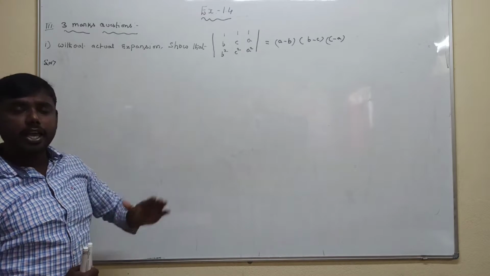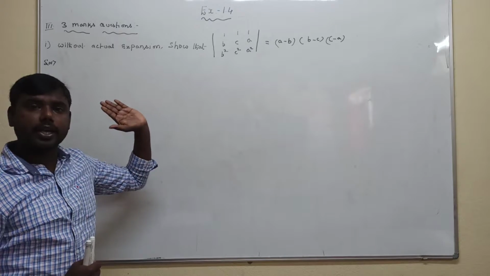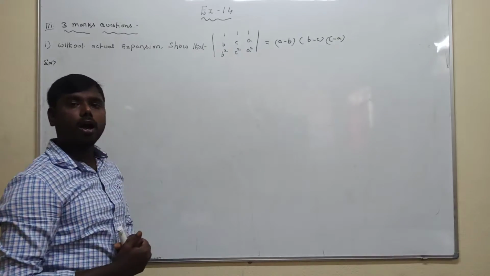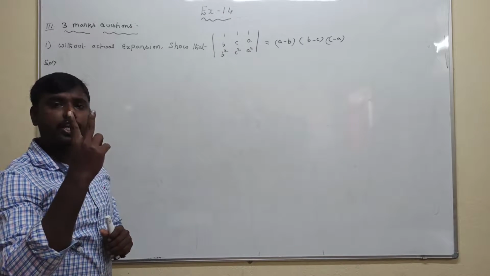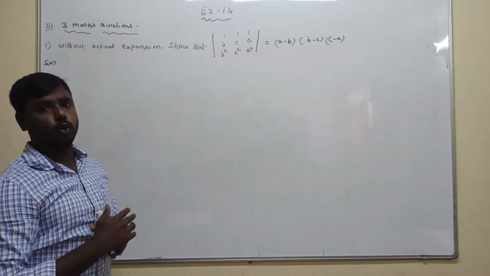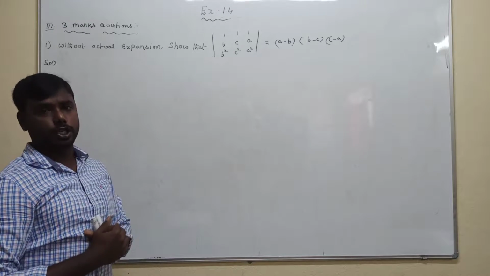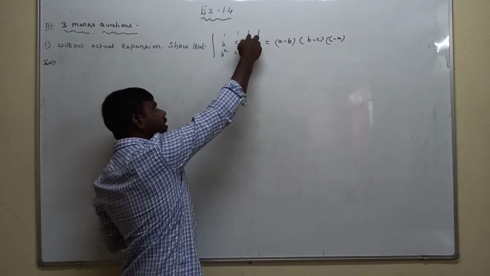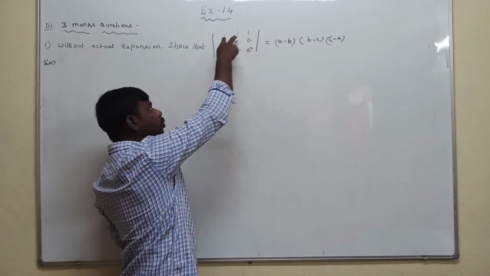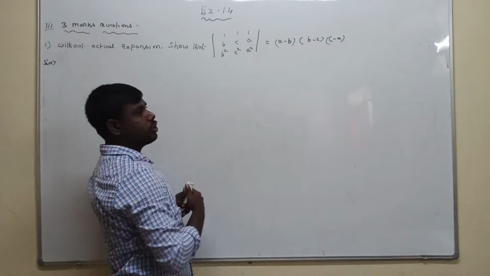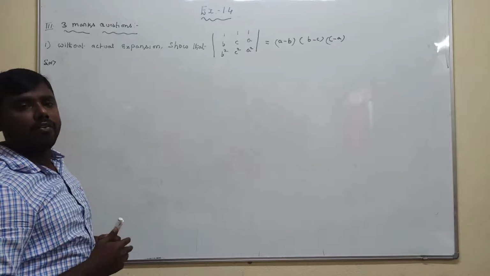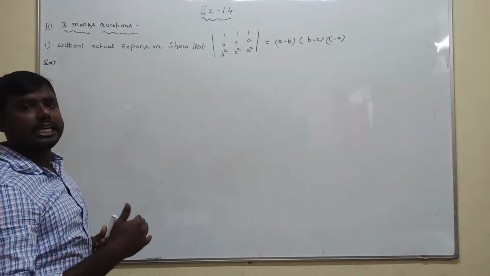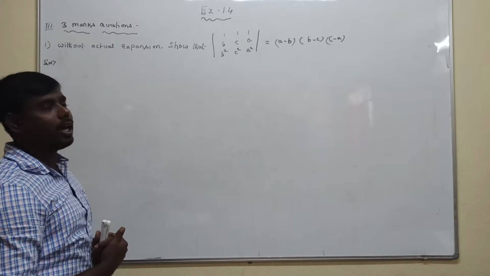Observe the left hand side: in a particular row or column, all the elements are 1. Any two of the ones we should make zeros. That's why, since the first row has all elements 1, we prove that any two ones become zeros. After that, we apply the determinant condition and finally we get the answer.